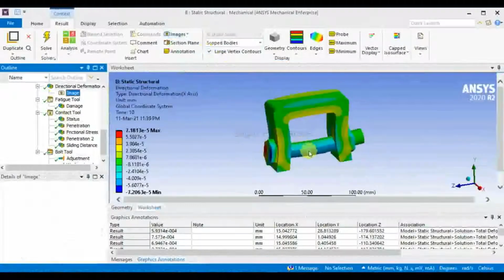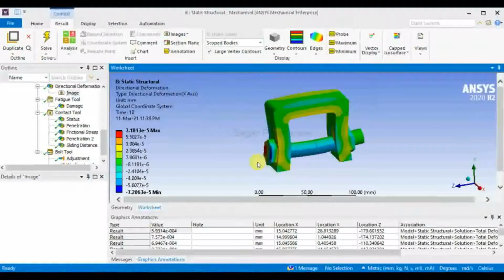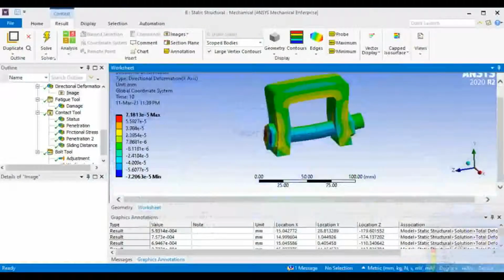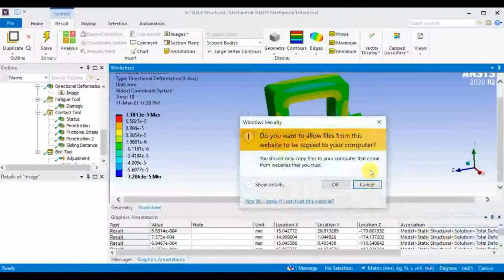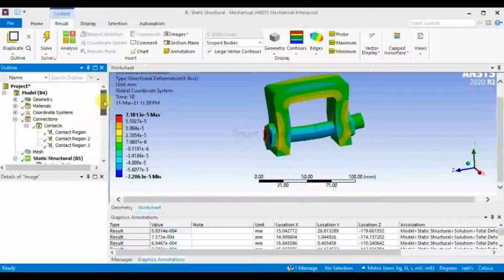So you can take a complete screen image and it's saved in the location given. So I have just copied my image to my desired location on the desktop. So this is the complete bolt pretension analysis we have done in this video.